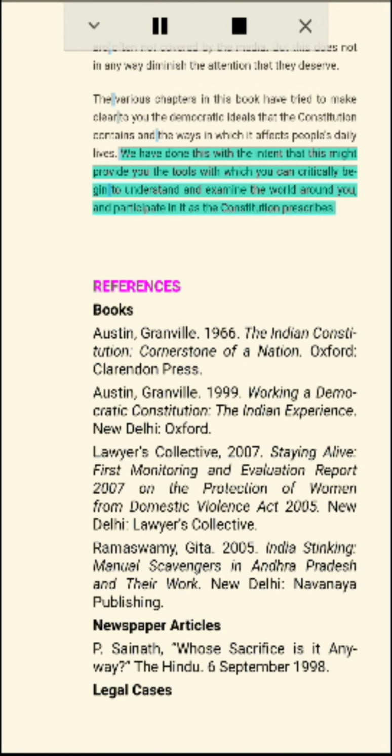The various chapters in this book have tried to make clear to you the democratic ideals that the Constitution contains and the ways in which it affects people's daily lives. We have done this with the intent that this might provide you the tools with which you can